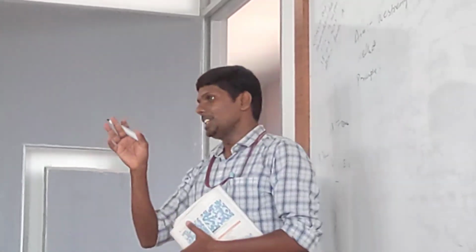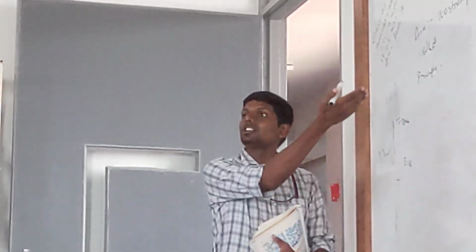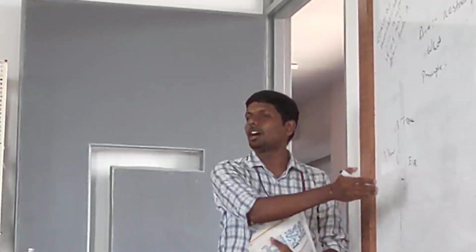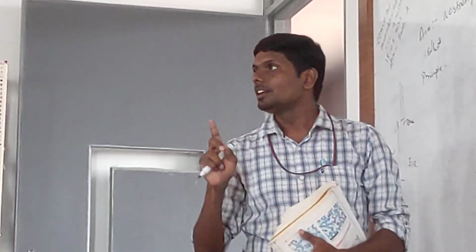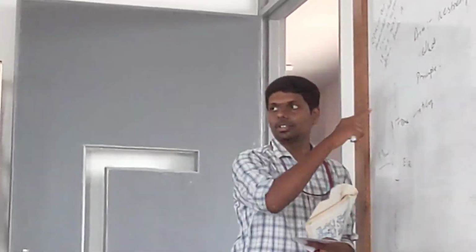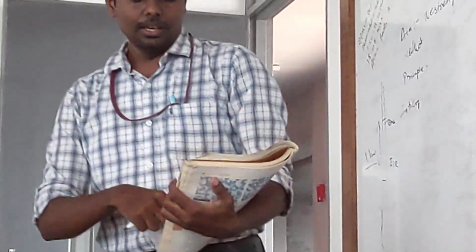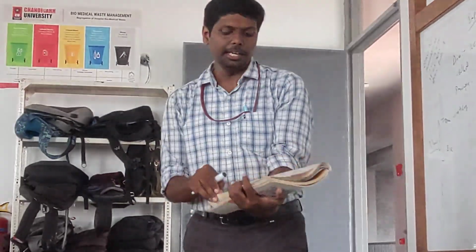Anyway, principle is very simple. There is a vertical tube. In that vertical tube, you will take blood and it will sediment. And after 1 hour, how much it has sedimented, that will be the ESR value. Okay? Now, there are some interesting things you need to know. What type of anticoagulant are we using in ESR? Keep in mind, for ESR we are using citrated anticoagulant. Write down.